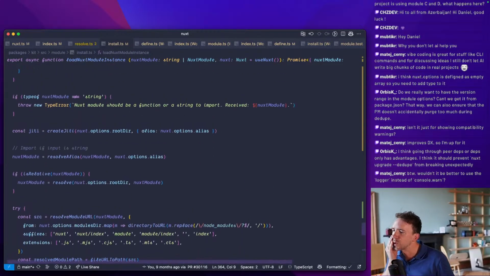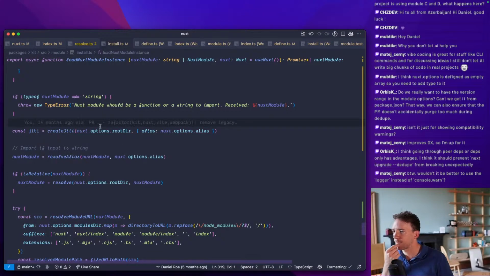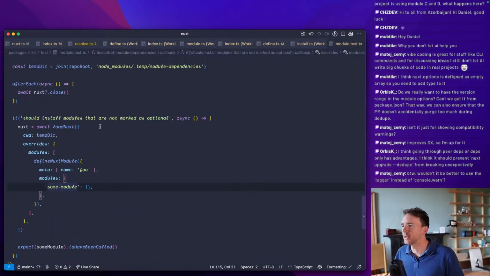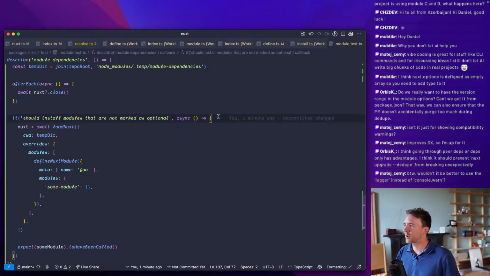I guess the problem is we're resolving it rather than importing it, which means that Vitest isn't going to be able to mock it for us. So instead, what we probably need to do is